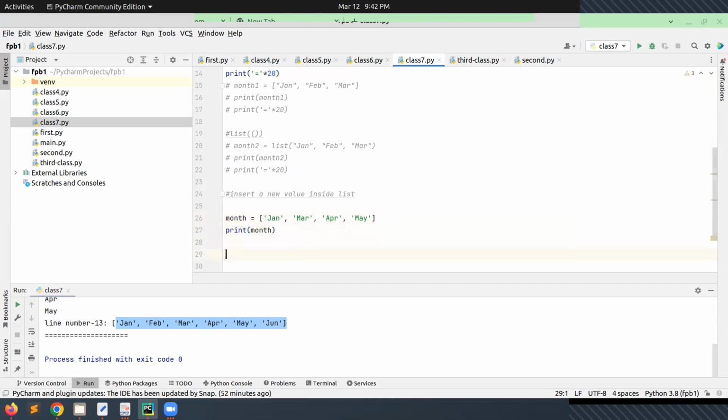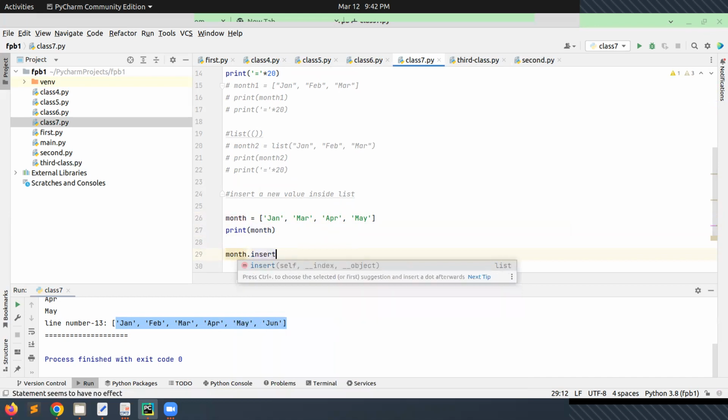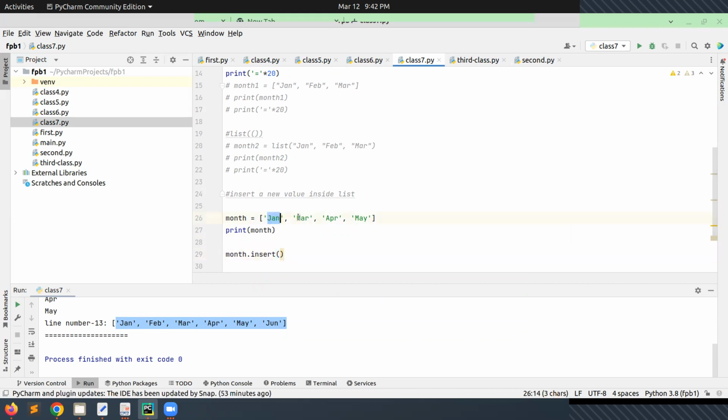For this, we need to use month dot insert and the index at which we want to add this value. February is missing from index 1. So this is 1, this is 2, this is 3, this is 4, but we always start from the 0 index. So it's 0 index, 1 index, 2 index, 3 index. So if we put the insert here, if we put the values,